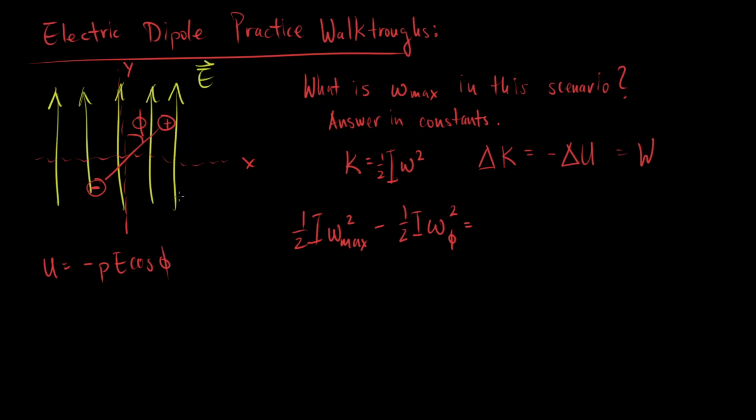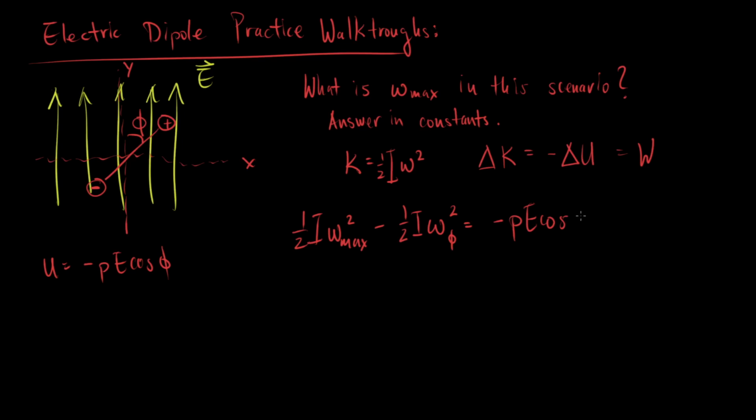That means we can define U1 minus U2 here, U2 being where we have potential energy that is higher, because if we have an increase in kinetic energy, then we would get a decrease in potential energy. So we can say negative PE